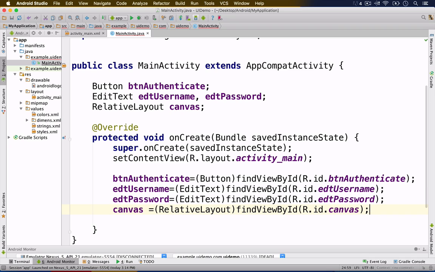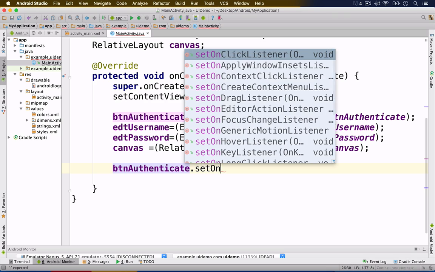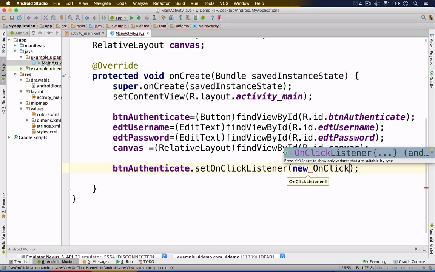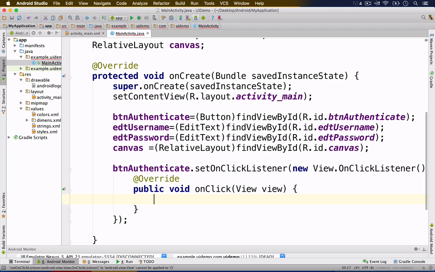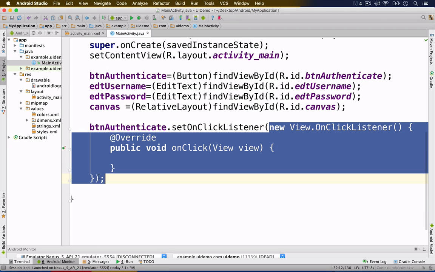Canvas. So after binding all the Java variables, right now all the Java variables are pointing to the views. So let me go and add an on-click listener to the button, which is btn authenticate dot set on-click listener. This set on-click listener takes an on-click listener as an argument. So I'm writing new on-click. I'm not typing the whole syntax because Android Studio helps me with the template. So I'm just going to hit enter, and you could see new of on-click listener, and within which there is